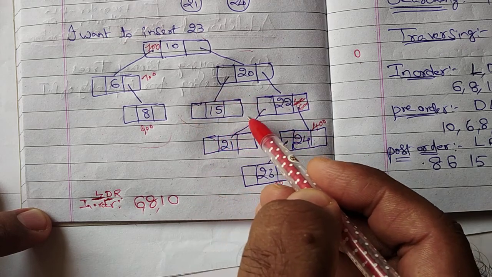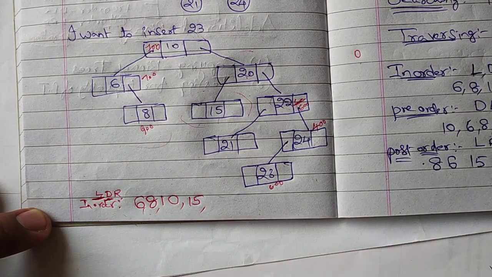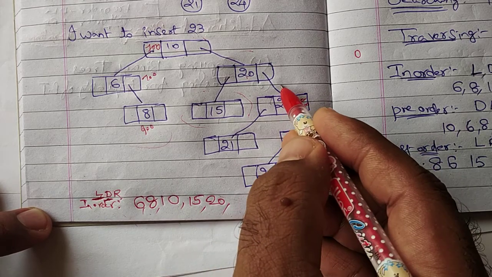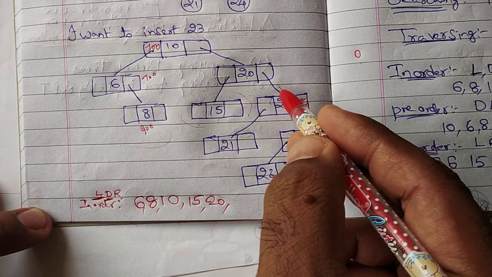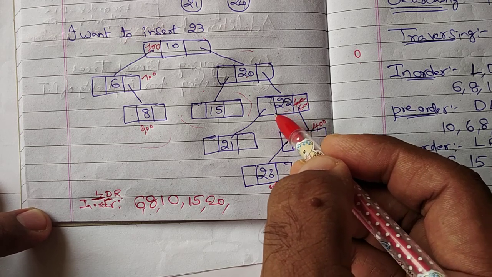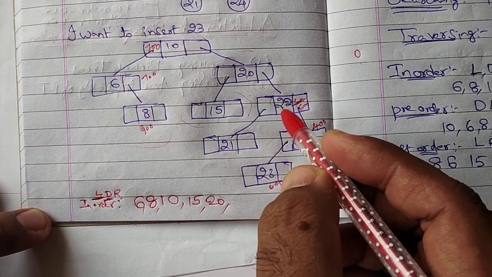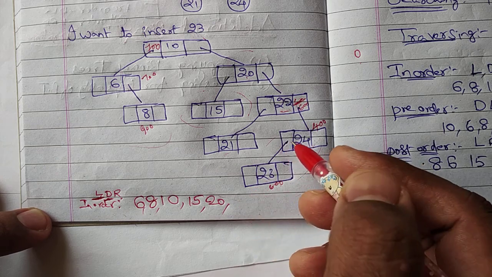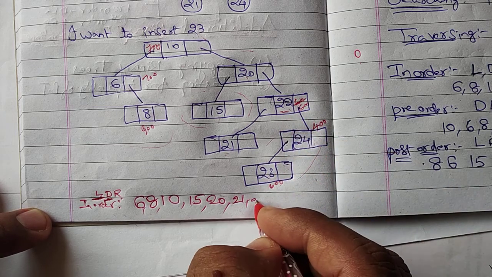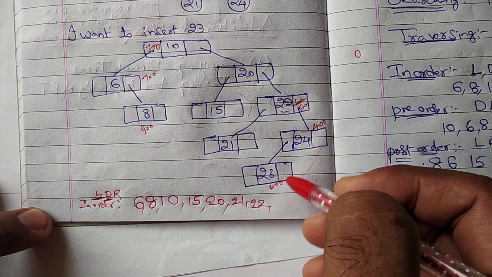Now come to the left subtree. 20's left subtree is only 15, so there is no other element, so simply write it down. Now visit the data node 20. Now go to the right subtree. This is also totally right subtree. Now again there is a left and right node, so assume this is root node, this is left, this is right. Okay, now can I write 22? No. First of all visit left side 21, next data 22. Now come to the right, but right is also one more BST.